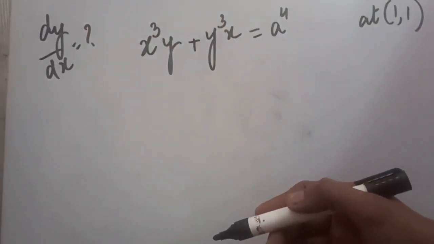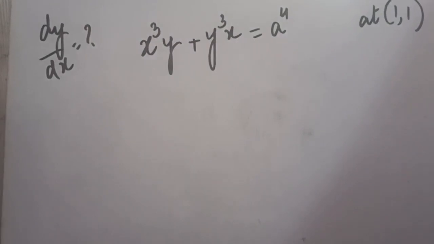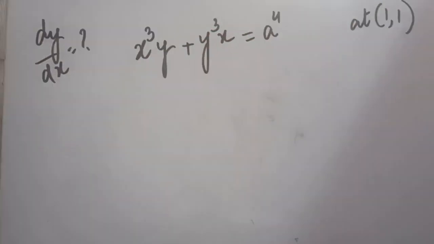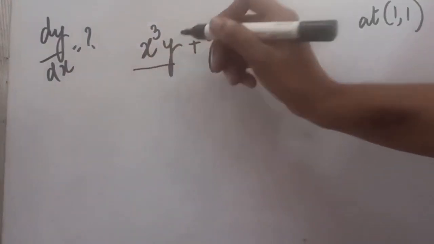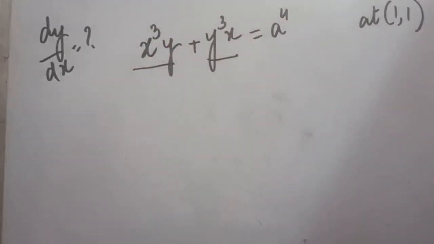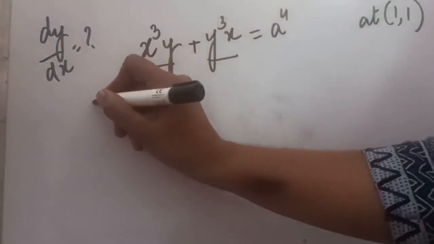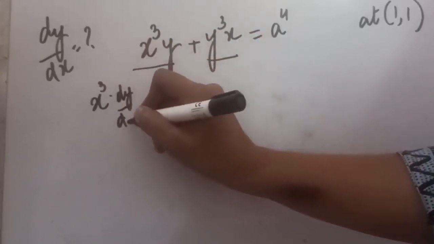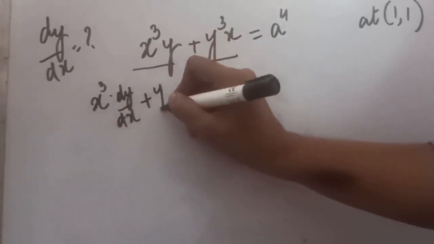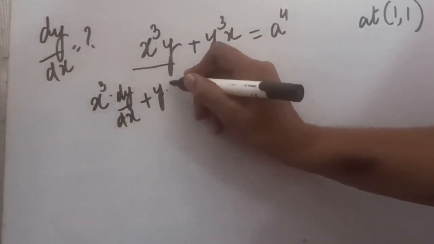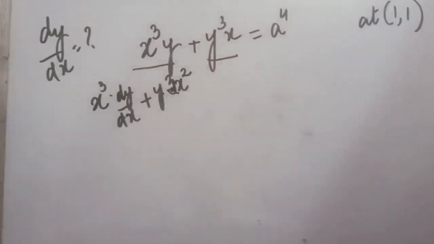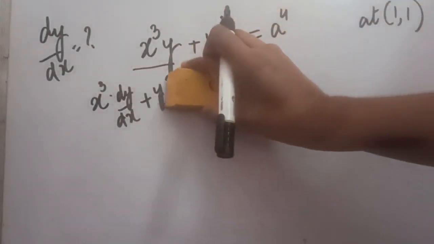So it is very much clear that we have to take differentiation of y with respect to x. So when we will be writing here, differentiating on both the sides. So first you can see this, here product rule will be applied. So here if we apply the product rule, first will be x cube into differentiation of y, that will be same, plus y, differentiation of x cube will be 3x square. So we can write it like 3x square y.